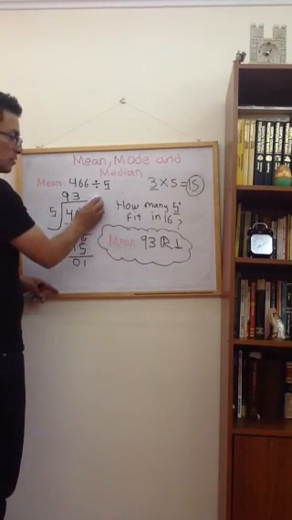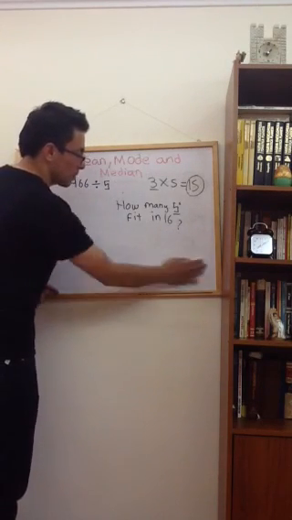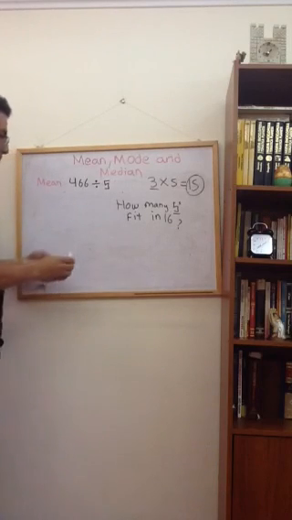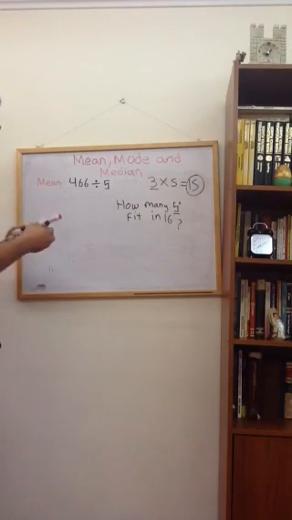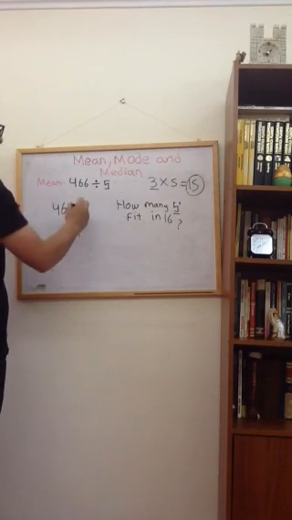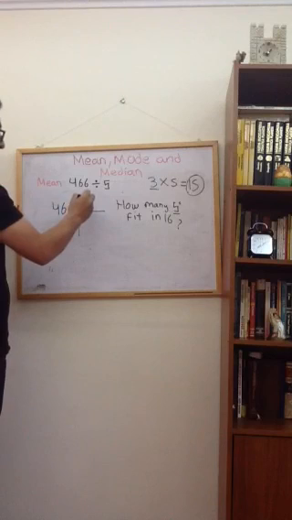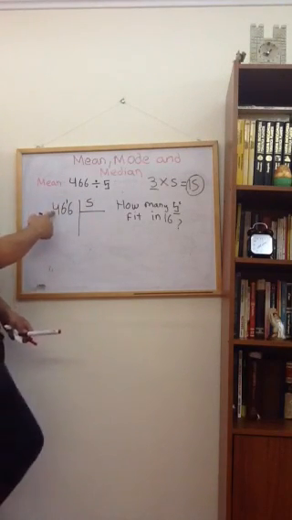I'm going to do it the other way. Okay? I'm going to explain the division in a Colombian version, alright? So this is 466 divided by 5. So we take this 46 because we cannot divide 4 over